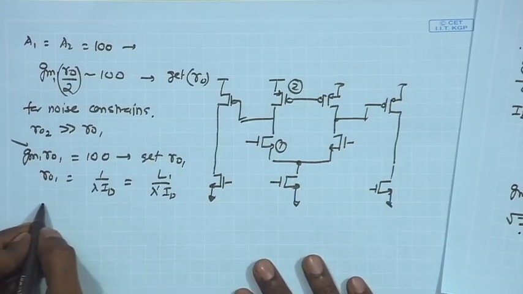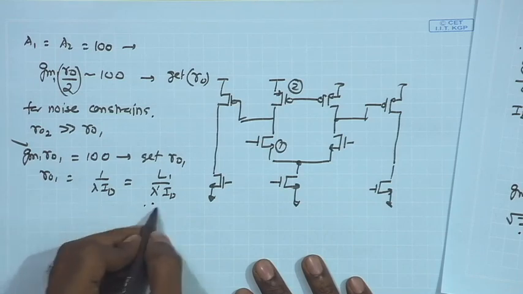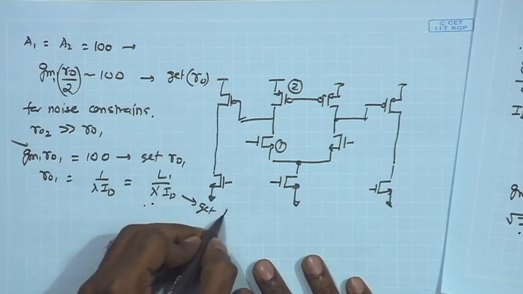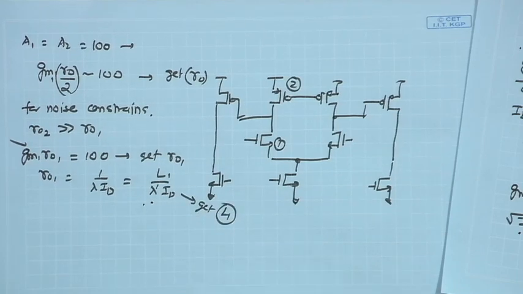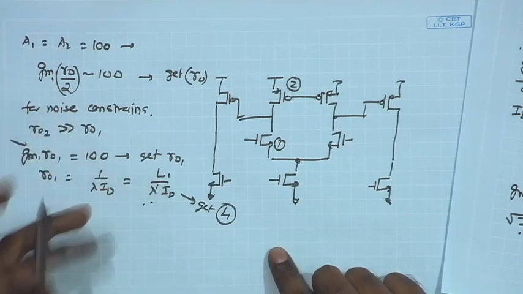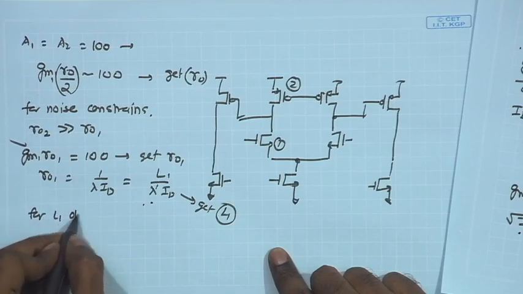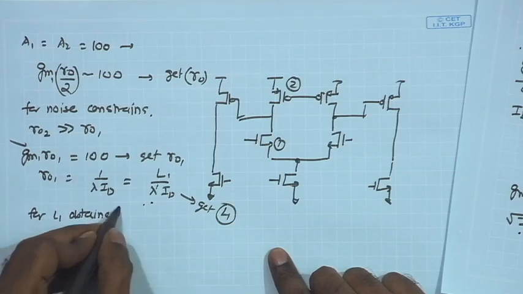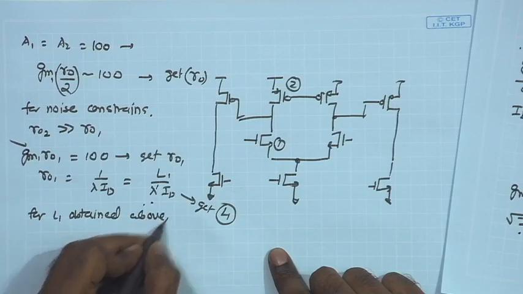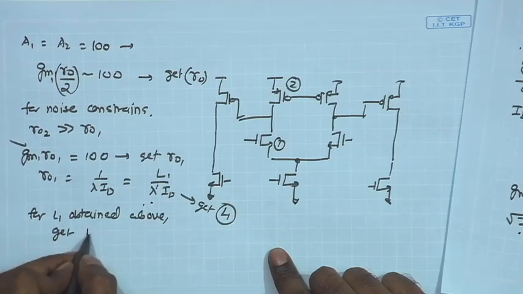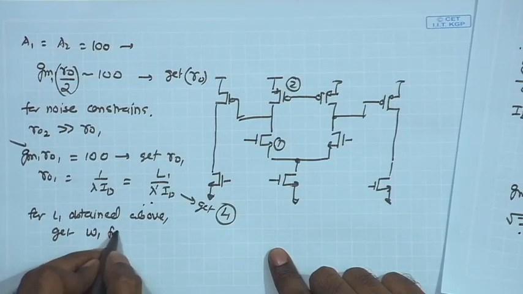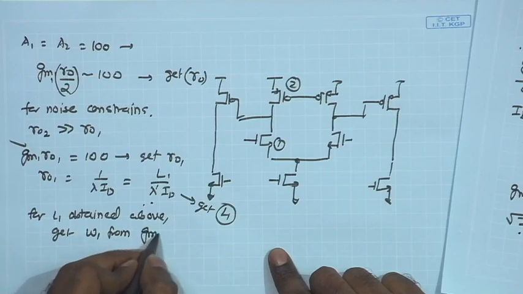And once we get L1 from here, we can get the W of the input device also, because from the GM constraint. So, once we have L1 obtained above, we can get W1 from GM1